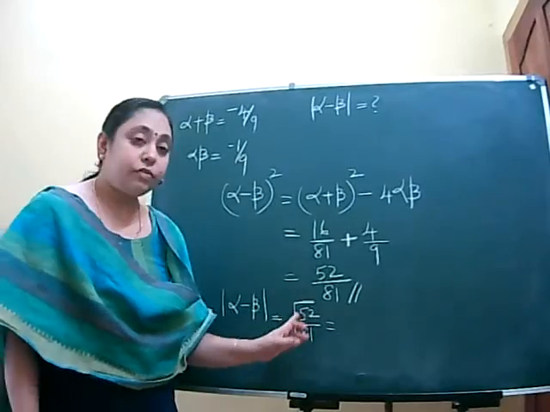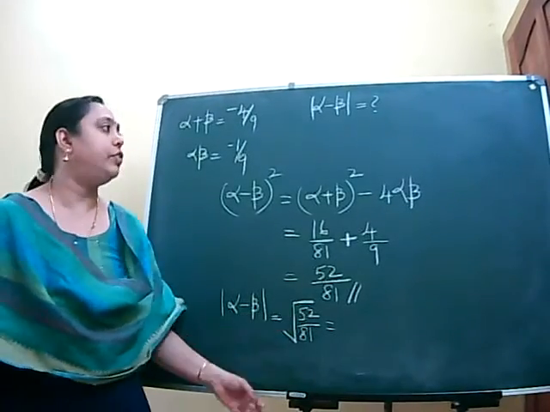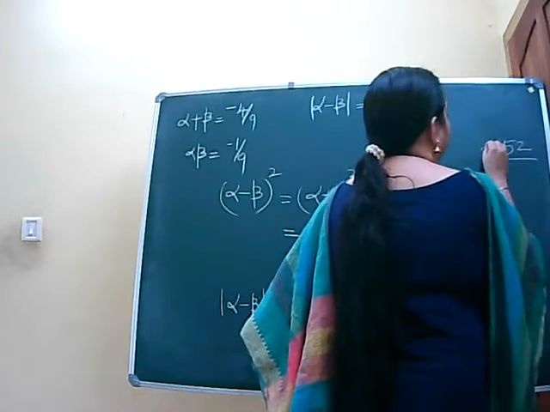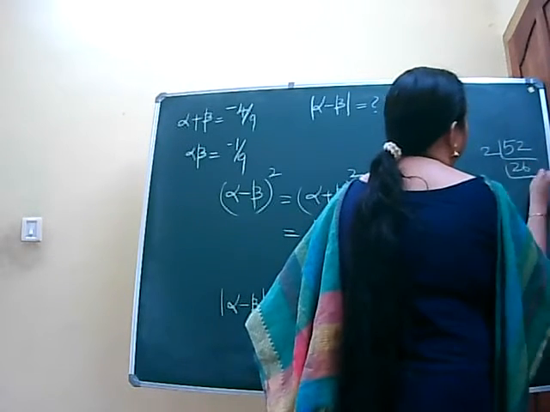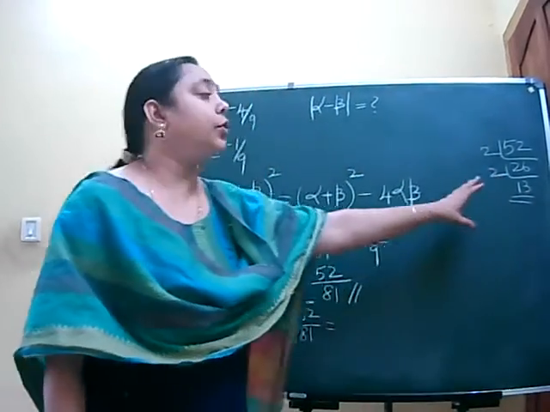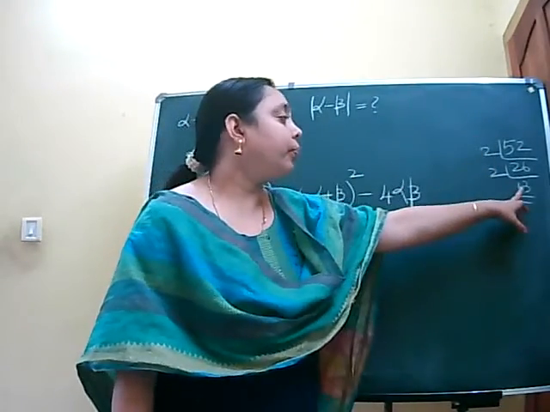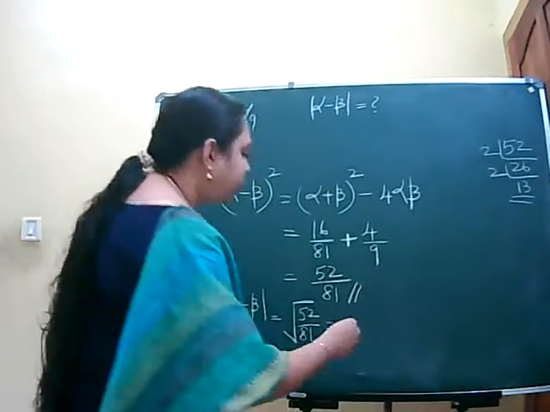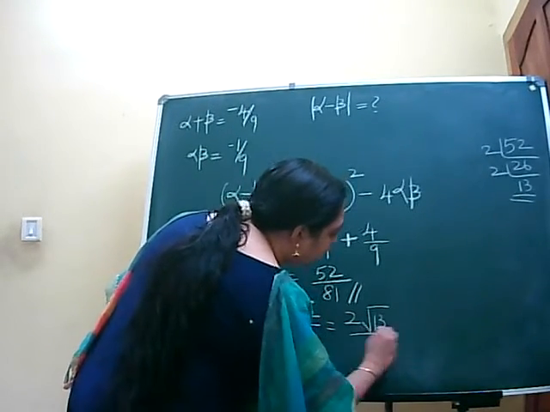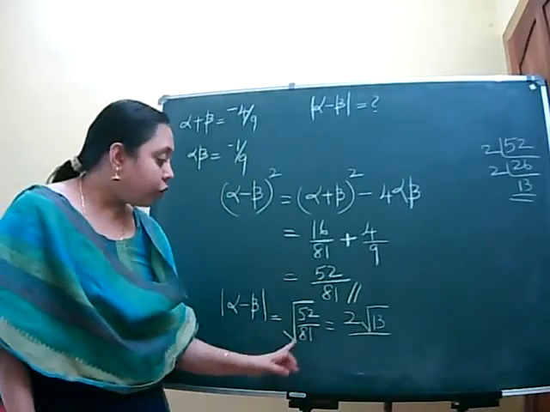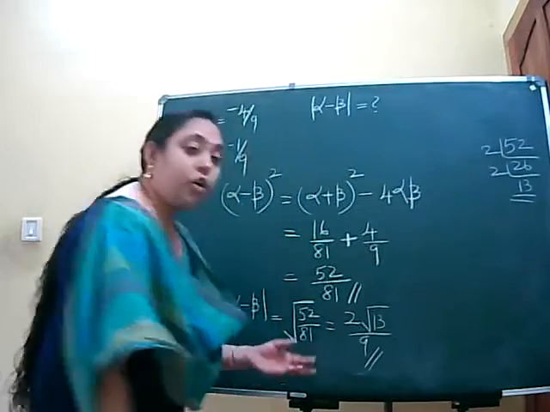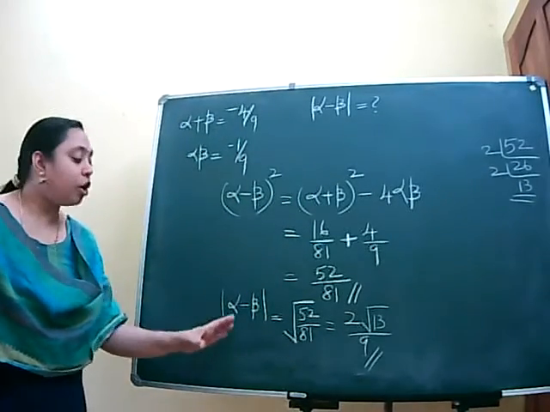So just find the square root of 52. Square root of 52 is 2 into root 13. So this becomes 2 root 13 divided by the square root of 81, which is 9. So we obtained the modulus value of the difference between